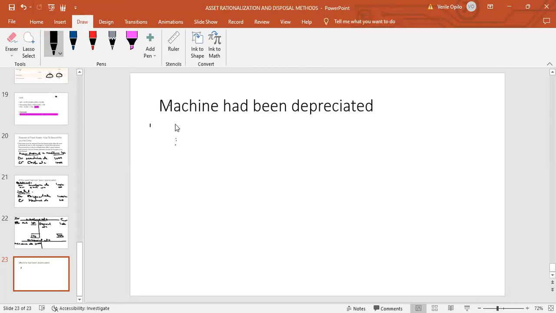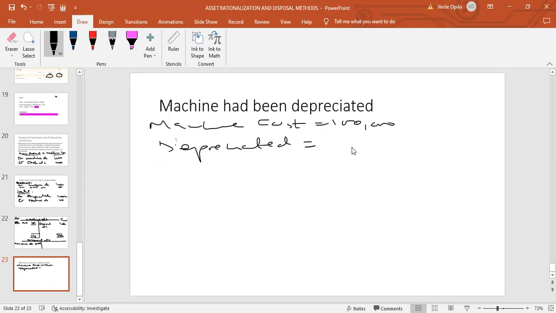We had here a machine that had been bought at a cost of 100,000 Kenya shillings, and it was being depreciated using the straight line method. It was supposed to last for, let's say, 5 years. So if you dispose of it at the end of 5 years, and let's say it doesn't have any salvage value, it means that the depreciation